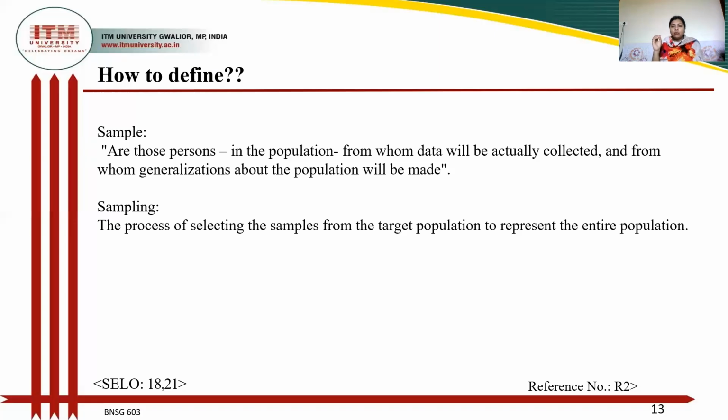So samples are those persons in the population from whom data will be actually collected and from whom generalization about the population will be made। मतलब पॉपुलेशन में सैंपल किसको कह रहे हैं हम, उसमें कुछ ही लोगों को जो हम सेलेक्ट कर रहे हैं, ताकि हम उन्हीं के ऊपर टारगेट करके उन्हीं से डाटा ले रहे हैं, और उनसे जो रिसर्च आउटपुट आएगा उसको हम जनरलाइजेशन कर रहे हैं। जनरलाइजेशन का मतलब कि हम सब लोगों को उसको अप्लाई कर पाएंगे, तो उस पर्टिकुलर जो सैंपल जो लोग हैं जिनके ऊपर हम रिसर्च कर रहे हैं, उनको हम सैंपल कहते हैं।